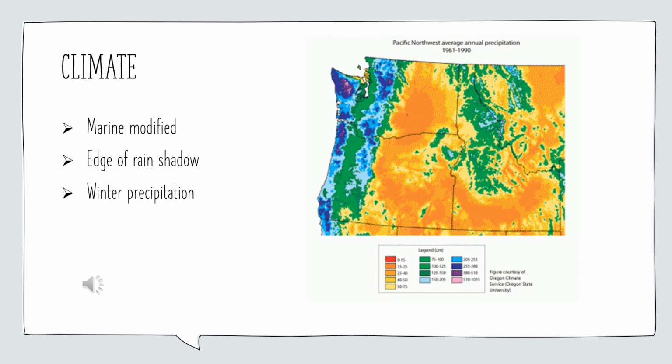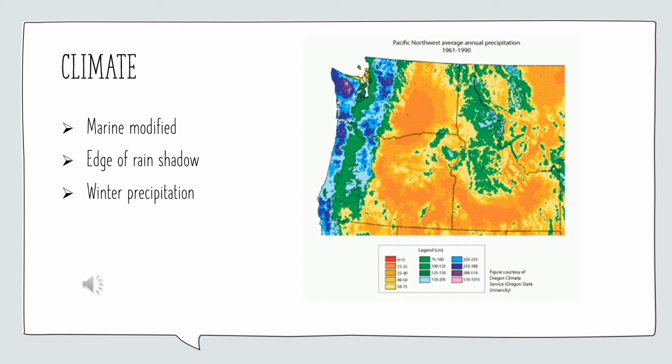Moving forward into modern times, we can look at Kamiak Butte and the region around it as it is today. While the Palouse is no longer a coastal region, it is still affected by the Pacific Ocean roughly 400 miles away. The Palouse is a marine modified climate. The air mass that moves over the region originates from the ocean, bringing with it cold, moist air and the weather associated with it. However, much of the moisture from this air mass is lost to the coastline as it rises up over the Cascade Mountain Range, and its ability to hold water decreases.